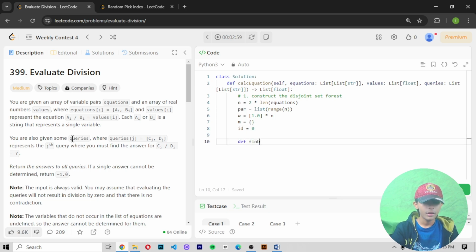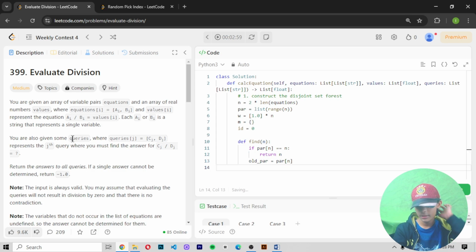Define def find of n: if par[n] equals n, then return n. Old par equals par[n], and then par[n] equals find of par[n] one more time.